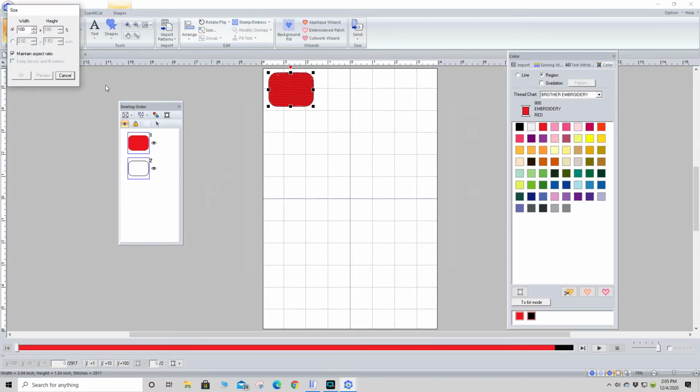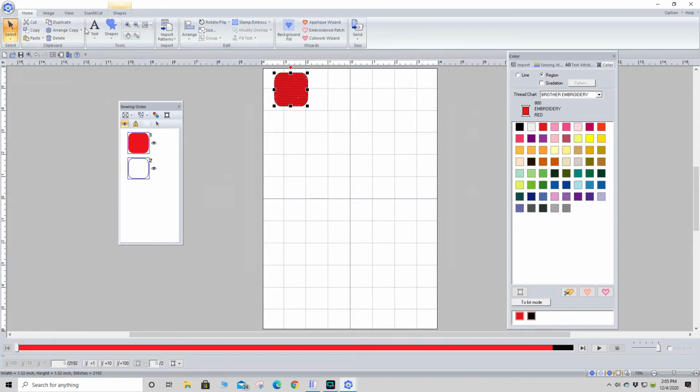I know I don't have the aspect ratio correctly here, so I'm going to make them 1.5 inches square. So I'll make my samples that way. I want to have 4 across, so I'm going to go to the word copy and I'll paste it, and